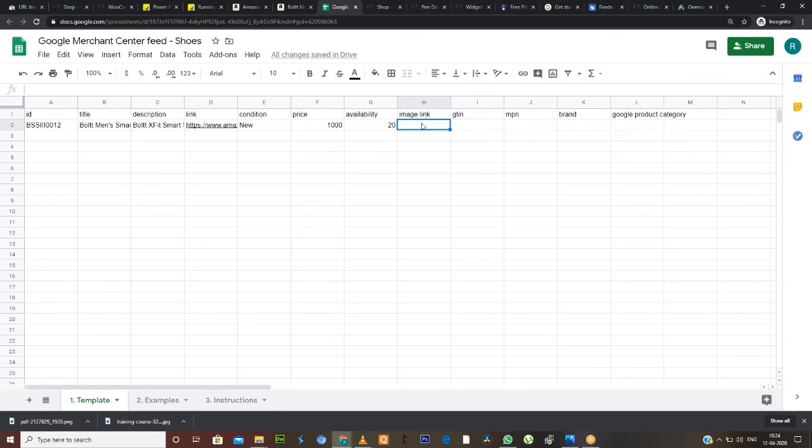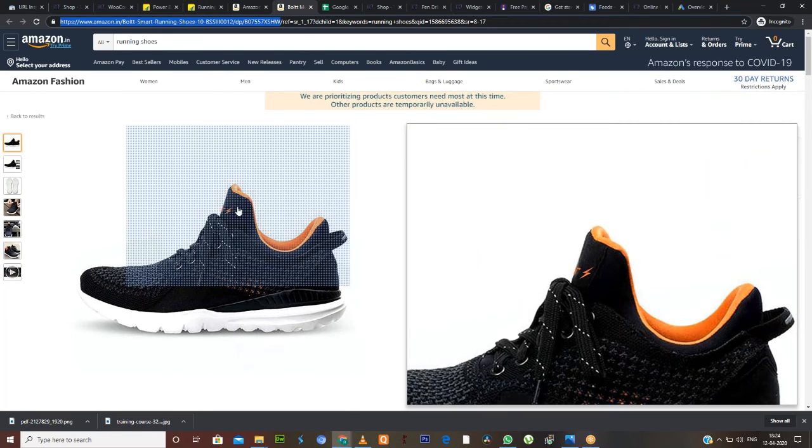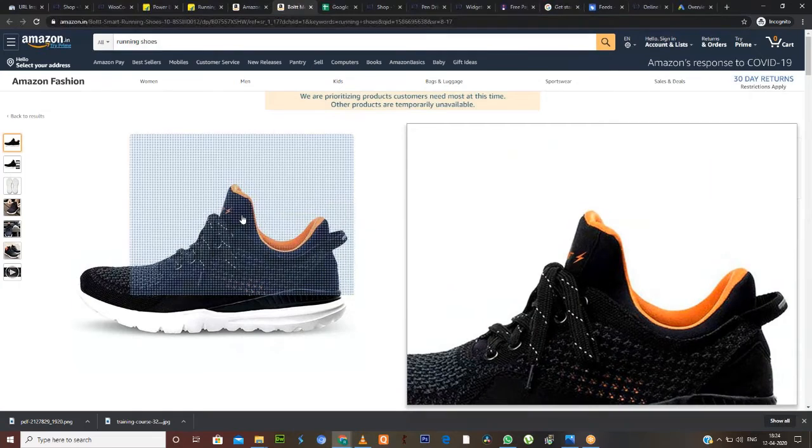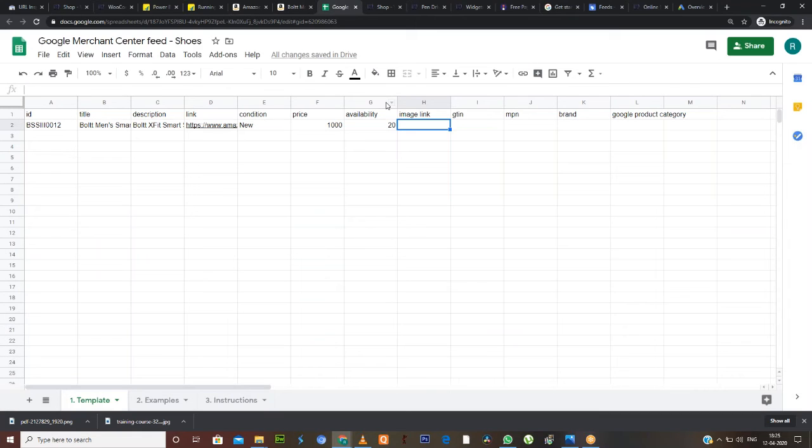Next is image link. Okay, go to Amazon. Now click and open this image. Right click on the image, copy image address. Yeah, now go and paste.